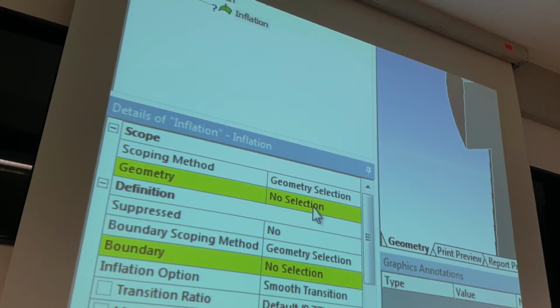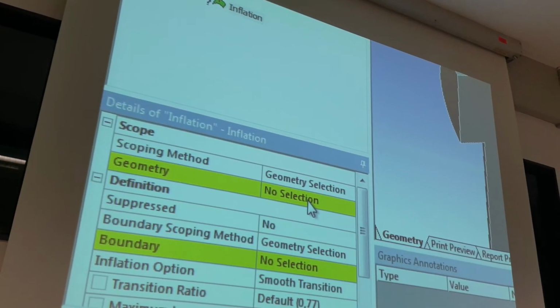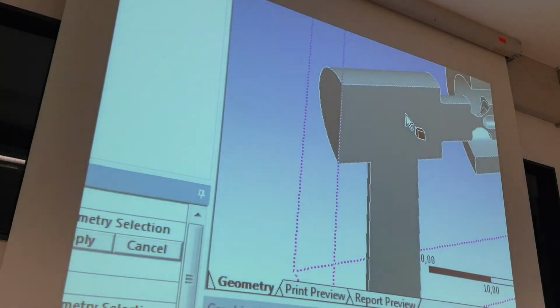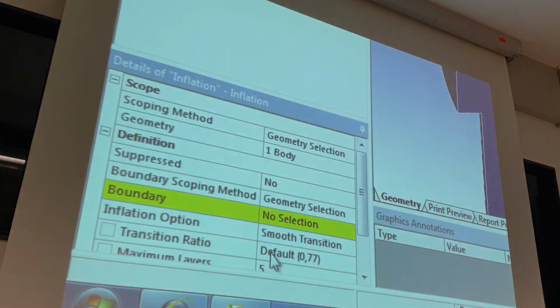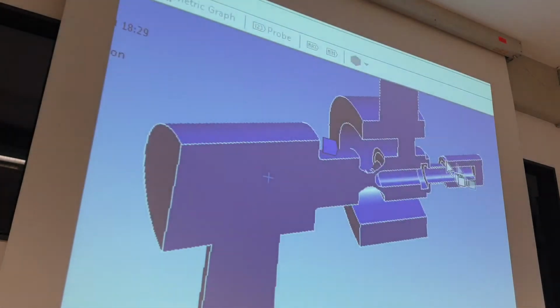So it means I have my flow with an object inside, and I need fine meshing in this connection between flow and object. Yes, this wall. So I say, okay, this body needs this special meshing inflation, and then I need to say